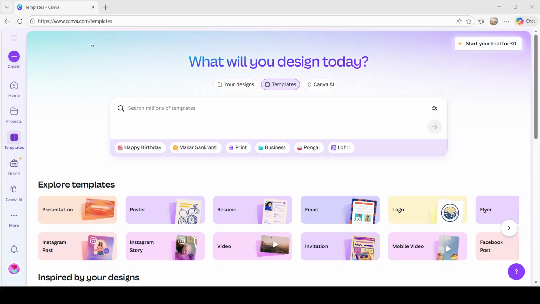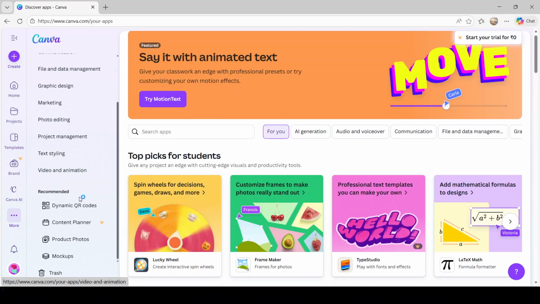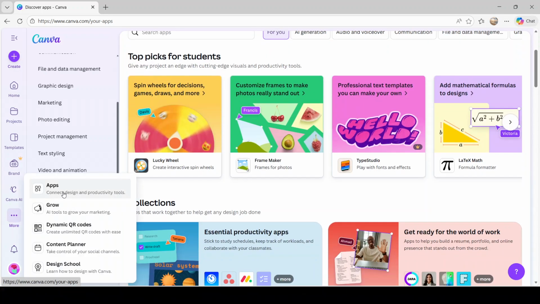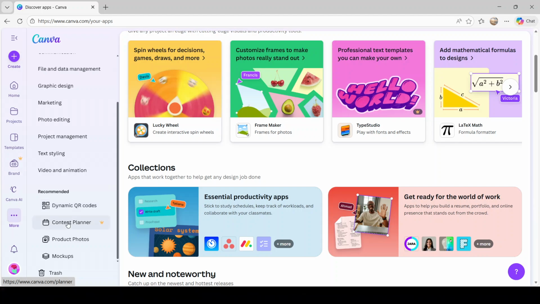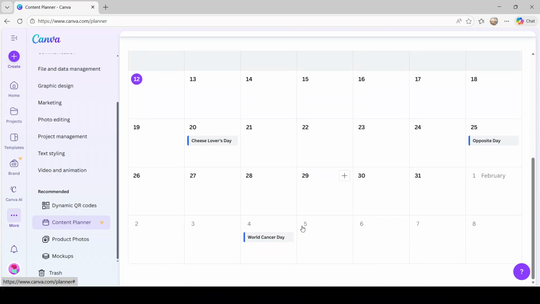Start on your Canva homepage. Look along the left sidebar for Content Planner and click it to open. If you don't see it right away, check the three dots for more options, or open the Apps section and you'll find it there. The planner is a calendar view that lets you map out what's going live and when,